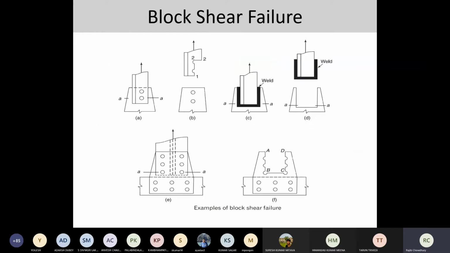Okay, as I said previously, it may not happen, or it should not happen, only in the bolted connection. But it has also been seen in the past, in experimentation, that even in the welded connection, a similar portion of the block gets out from the fasteners or from the connectors.